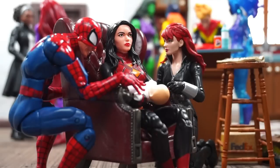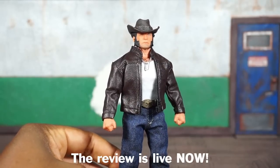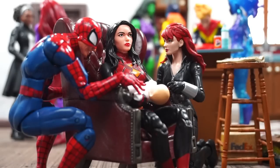Alright, made some tweaks, officially back at it. I think I'm good with the way this looks right now. I just wanted to make a few little minor adjustments, snap some pictures, and move on. I'm about to review the Mezco Logan figure, but everybody that you see here, obviously Pizza Spider-Man unmasked, the modern